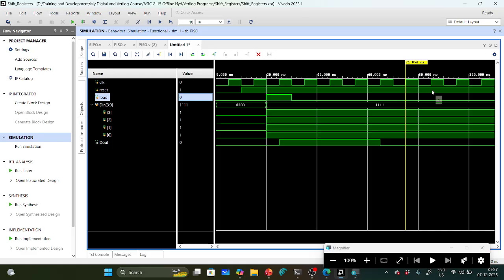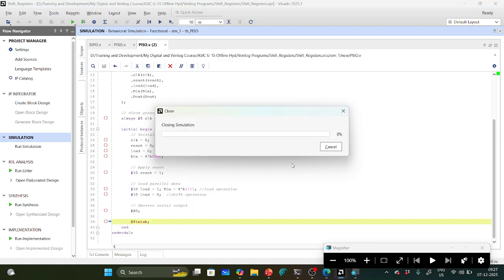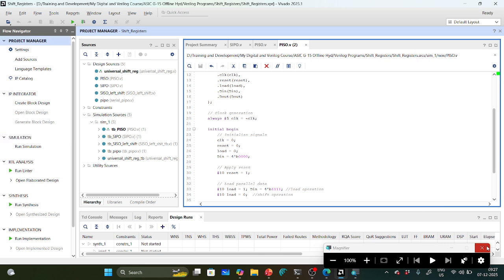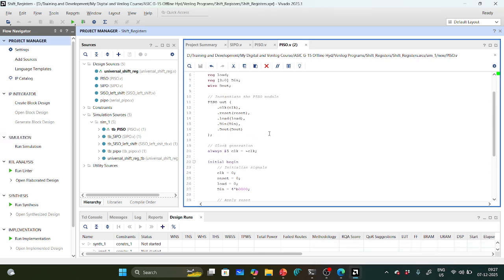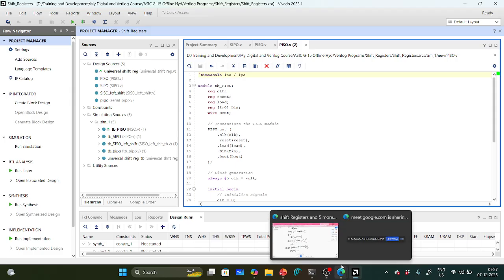So if you understand the concept, understanding the waveform is easy. No need to worry about the waveform and this coding. Mainly, you need to understand the logic: how the loading operation is happening and how the shifting operation is happening. And next will come with